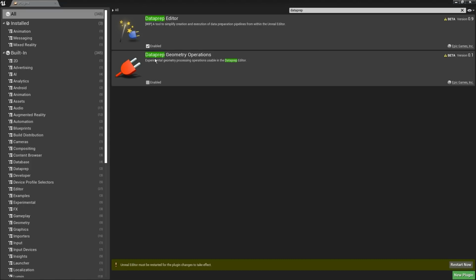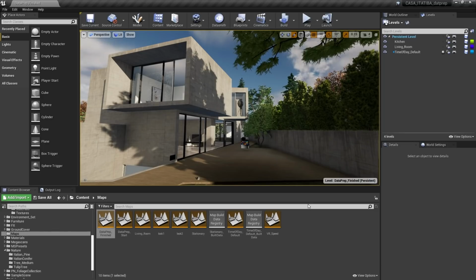And then there are some additional operations that you can get for modifying geometry, such as remeshing geometry. For that, we'll need to enable this second plugin here. So to get our feet wet, we're going to do our first project here using a Revit asset. We're going to bring in this building here, this ArcViz project, into Unreal using the Visual Data Prep tool.